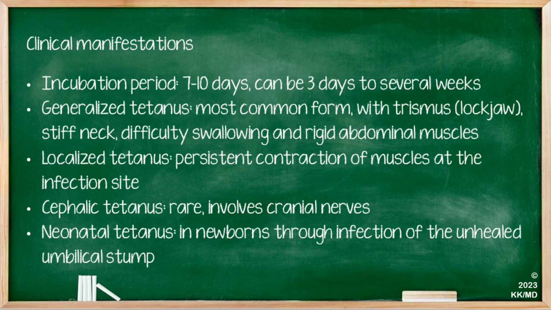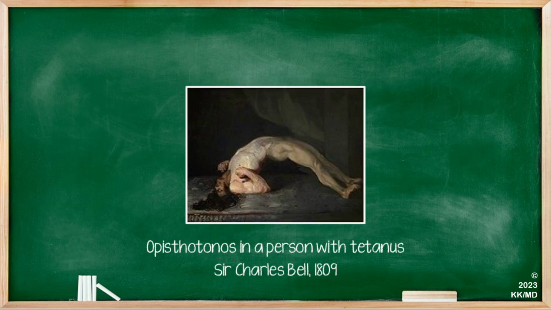However, it can also present in a form of a localized tetanus, which causes persistent contraction of muscles at the infection site. It can also present as cephalic tetanus, which is really rare, and it usually involves the cranial nerves. And finally, it could present only in neonates, which is termed neonatal tetanus, which is in the newborns through infection of the unhealed umbilical stump. So this is a picture of Opisthotonos in a person with tetanus that is really quite classic